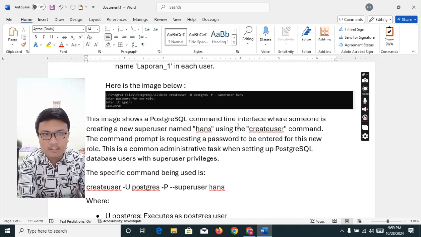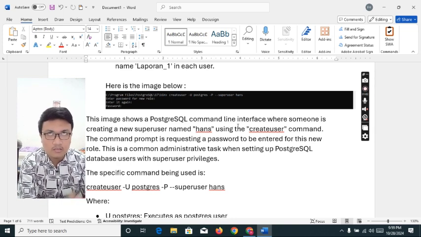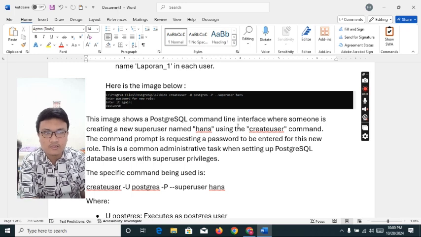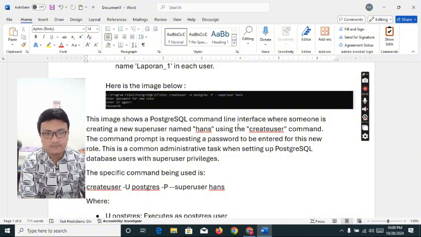The command prompt is requesting a password to be entered for this new role. This is a common administrative task when setting up PostgreSQL database users with superuser privileges.